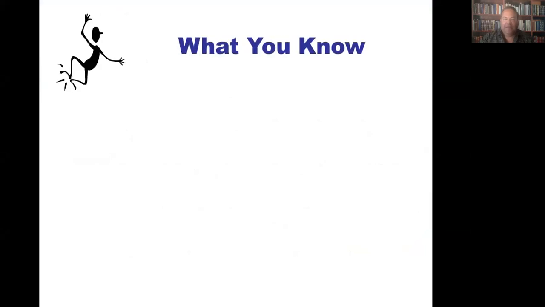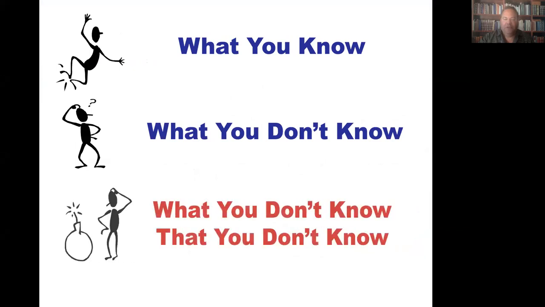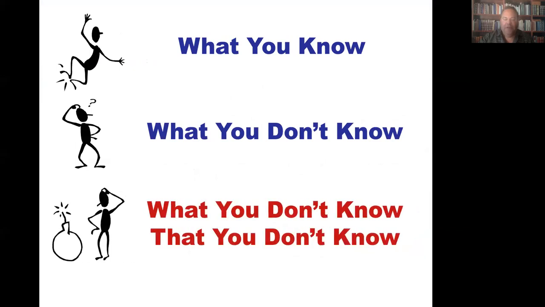So in real estate, there's what you know, what you don't know, and unfortunately what you don't know that you don't know. And usually that's when you're in court in front of a judge telling you what you don't know that you don't know. Don't be one of those people. Learn what you know, what your limitations are, what you don't know, and understand there's a whole area we call the blind spot, what you don't know that you don't know. And if you don't know that there is such an area, you are what we call dangerous.